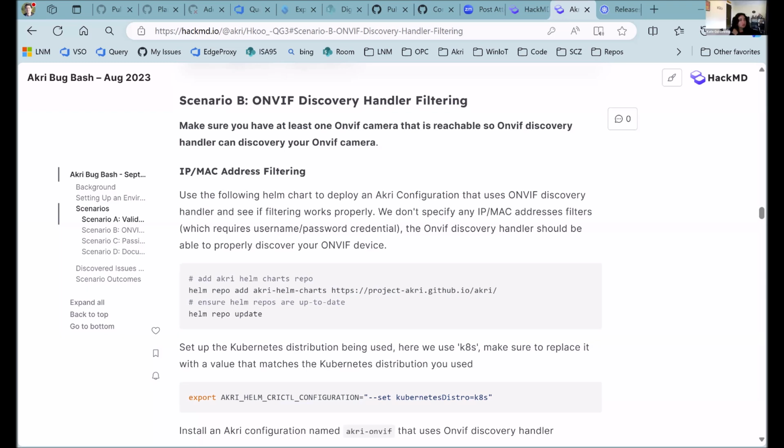Yeah, on that note, I would remove the on-VIF scenario though, because I don't think that's necessary for this bug bash. And yeah, instead use debug echo, or use on-VIF for multiple nodes discovering a device, but have it be more focused on multiple nodes, not on on-VIF. Like keep the setup as simple as possible. So maybe don't do on-VIF, but instead use debug echo. And then if people want to go beyond, we should try other devices as well.